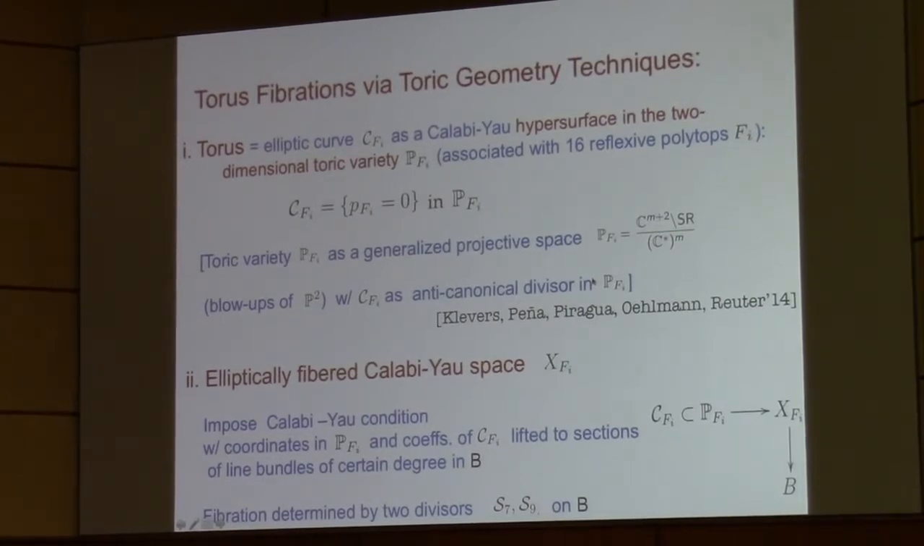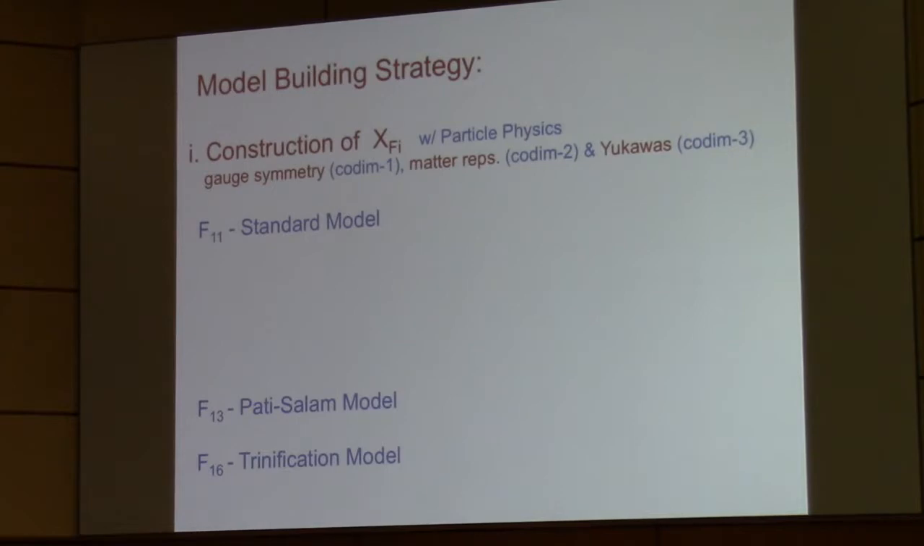So those are just 16 possibilities that we can in principle now elliptically fiber over a chosen base, promoting both the coordinates of these two-dimensional toric varieties as well as the coefficients of the hypersurface constraint. We promote them to sections of line bundles that have to be of certain degrees in order to ensure the Calabi-Yau condition. It turns out that for these examples of hypersurfaces in two-dimensional toric varieties, the whole fibration is determined only by two divisors in the base. And for each of these examples of elliptic fibrations, we can construct a corresponding model, whose features are encoded only in this fibration, and in particular, the so-called polytope F11